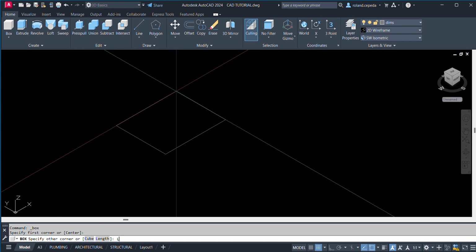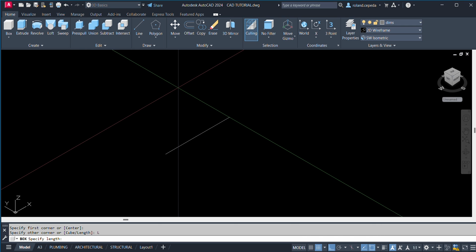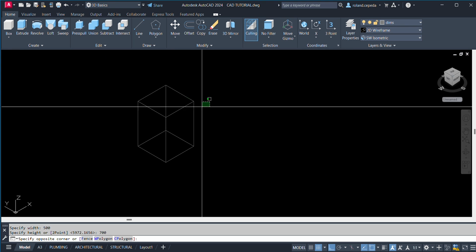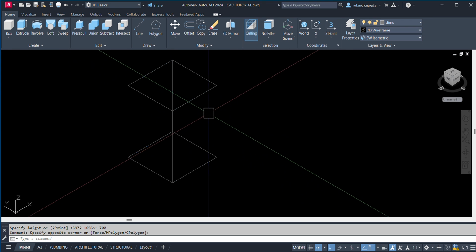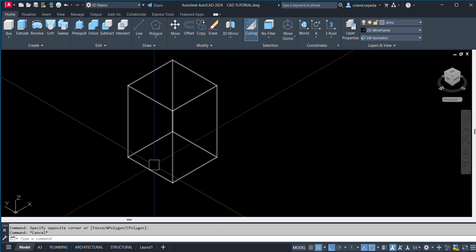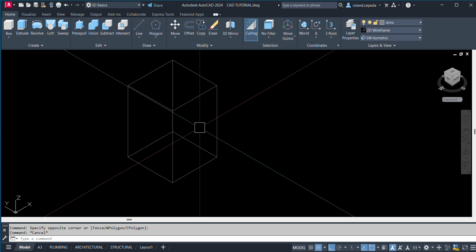So just select L, and then space. Specify the length. Let us try 500 and then space. Specify the width. Let us try 500 again, space, and specify the height. Let us try 700, space. So there you go, the box with 500 mm length and 500 mm width with a height of 700.